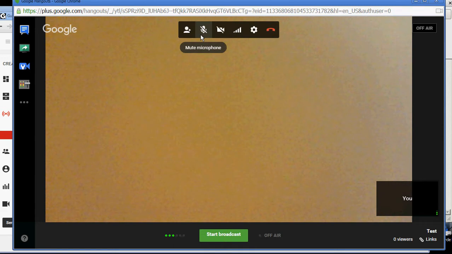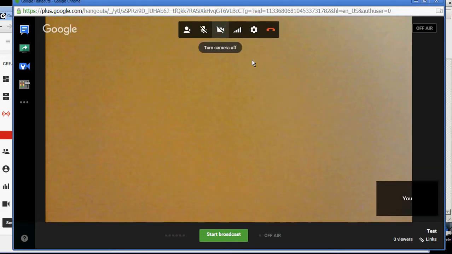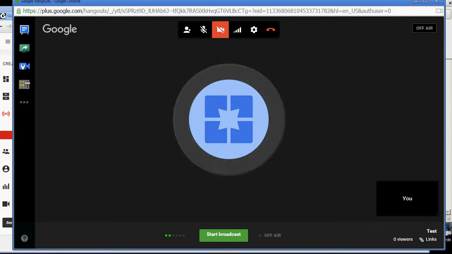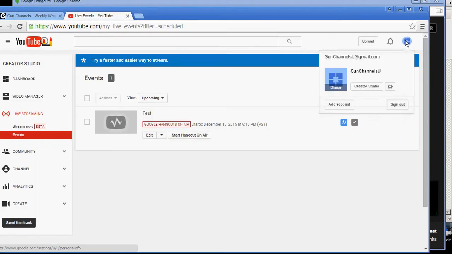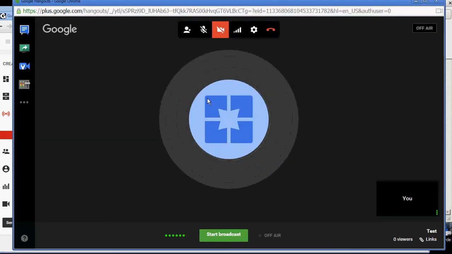This is the mute, and you can tell when you mute that the sound meter goes down. Next is the camera. You can turn the camera on and off, and whenever you turn it off, it's going to show your icon. So whatever icon you have on your Google Plus page, which is somewhere over here, whatever this icon would be is the icon that is going to show up on the screen when you turn off